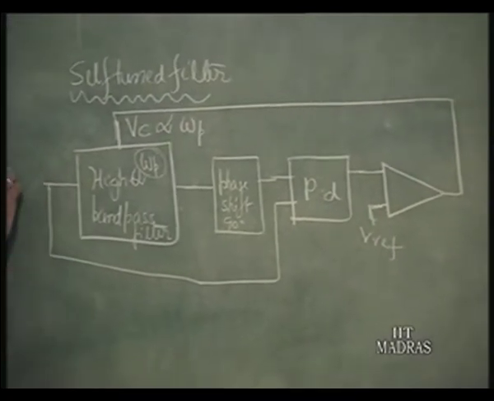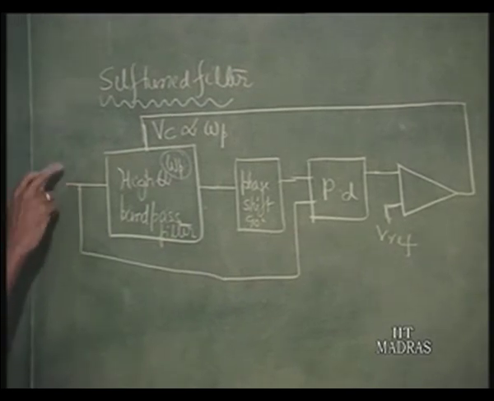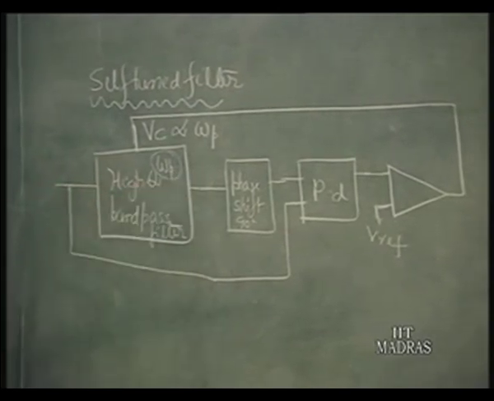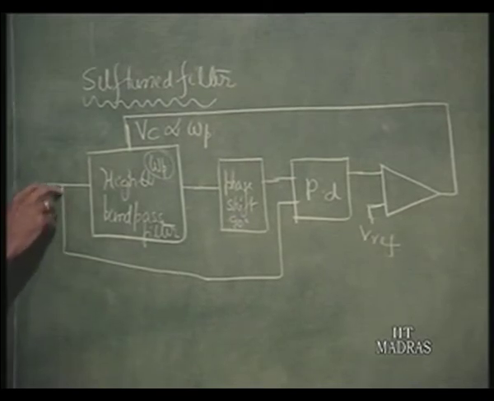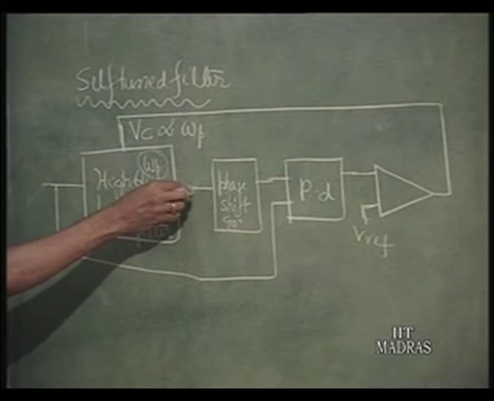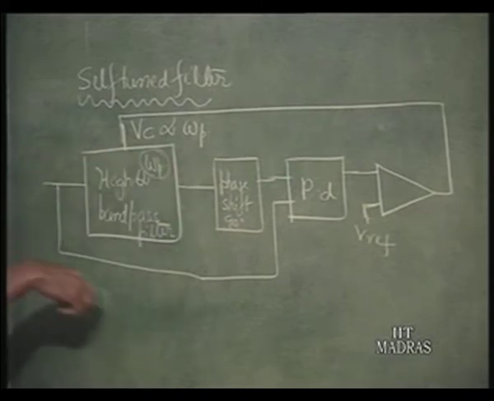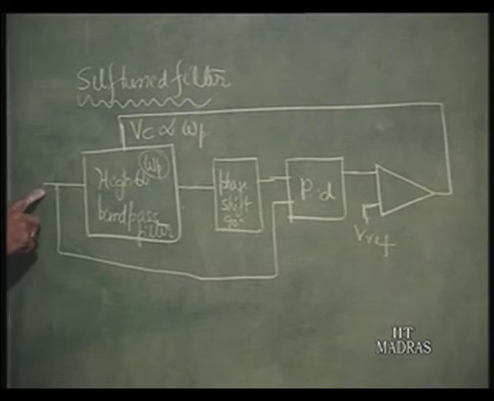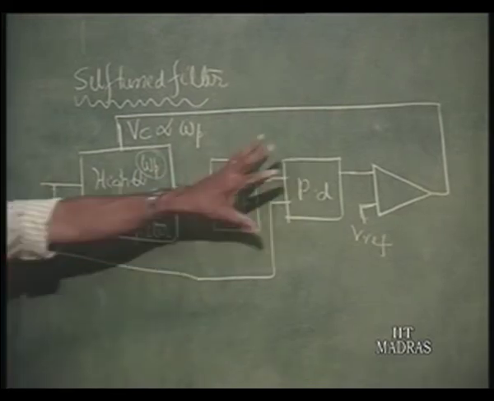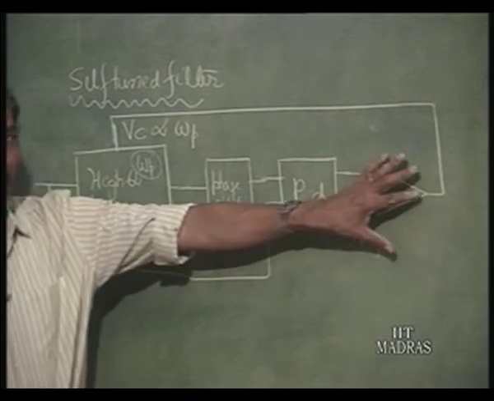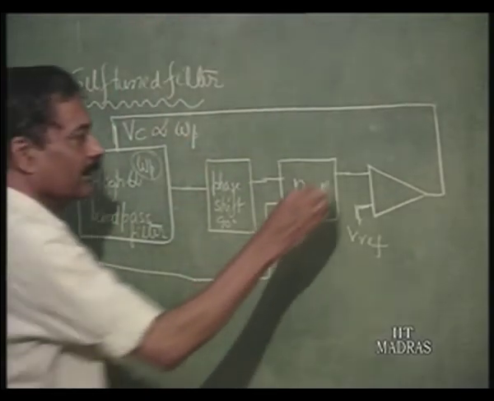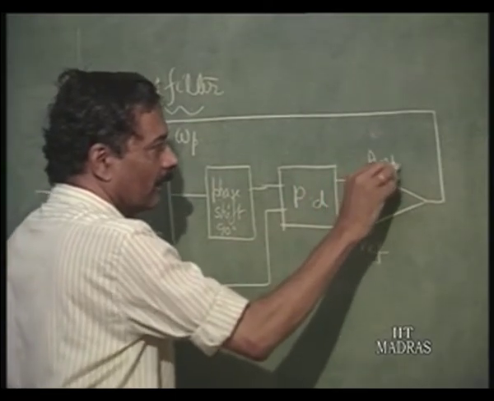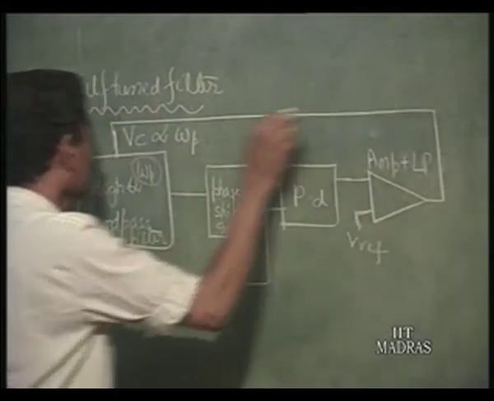So here please see that this output is going to be the filtered output compared to the input. So only that narrow band filtered output will appear here, if it is locked onto the incoming frequency now. So this is similar, you can see there is a phase detector and the comparator. This is the amplifier plus low pass filter here, and